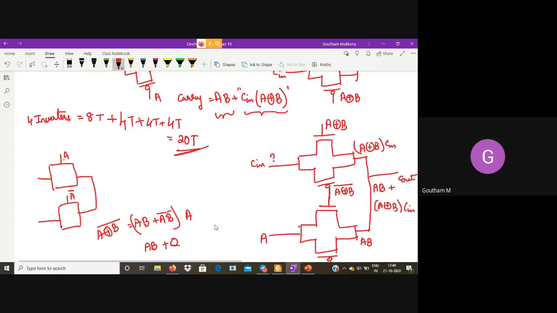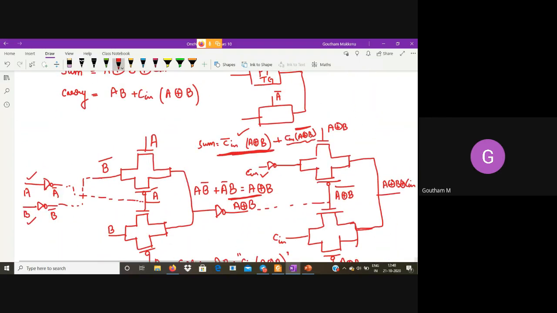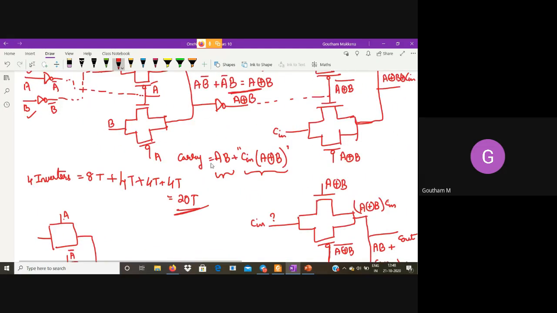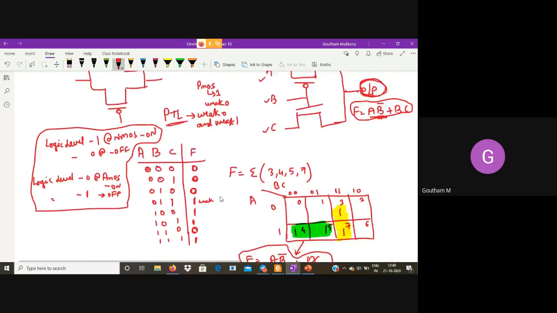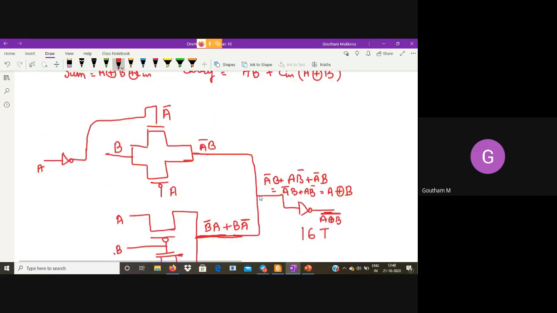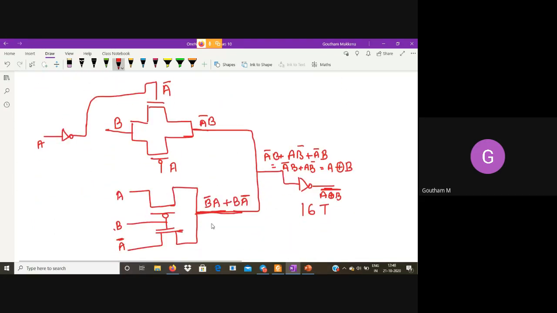So total two transistors saved over here, two transistors saved over here, total four transistors saved. If this transmission gate equivalent is giving you 20 transistors, and 4 transistors are saved, now you get a 16 transistor full adder in this transmission function.